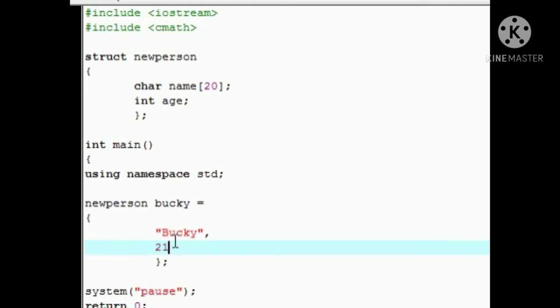So go ahead and add 21. And you don't need a comma after that, since that is the last part of declaring our structure. And now we have the information from Bucky. My name is Bucky and my age is 21. So in case you're wondering, now that we have all of this, how can we actually use this as a